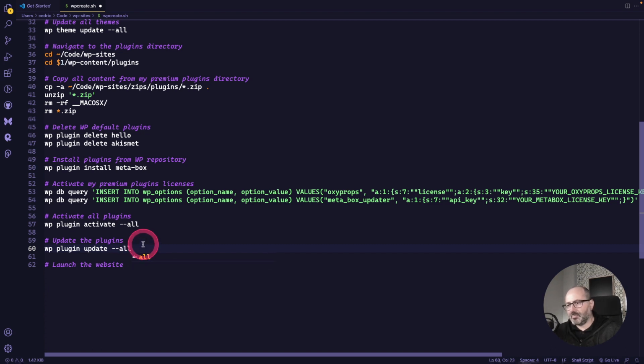And at this step, everything should be ready. We have our website. We have the Bricks theme installed. We have the OxyProps and the Metabox plugin installed and updated. We can launch the website. And to launch the website, we can simply use open and then give the URL